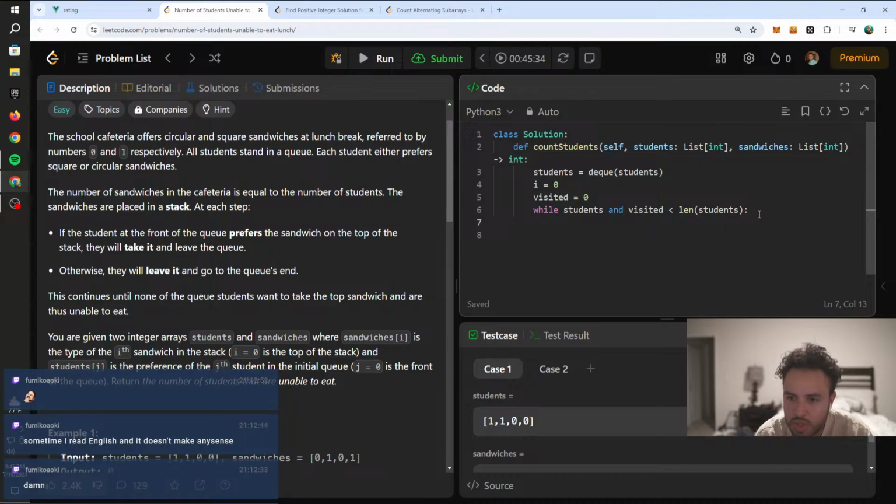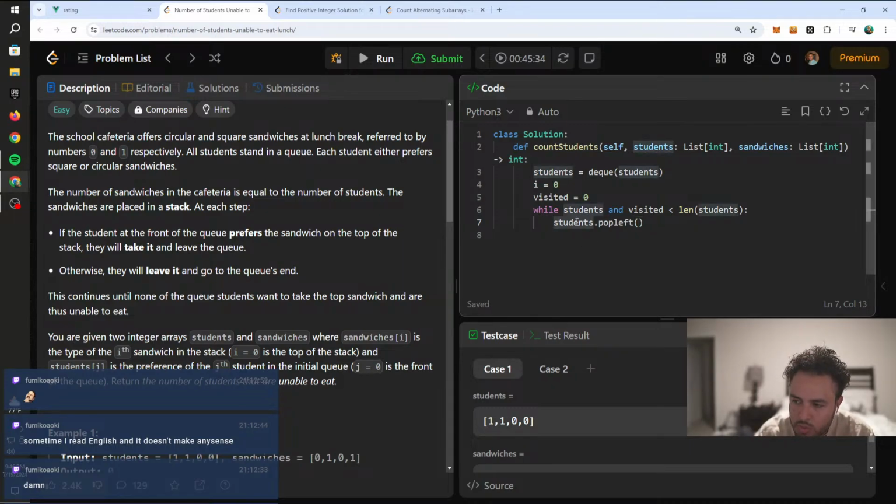So let's do if students dot pop left, all right, let's do students dot pop left